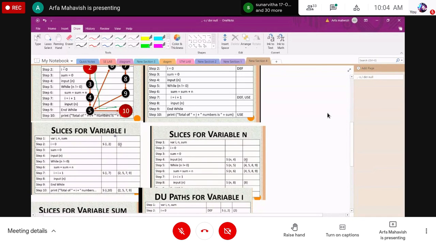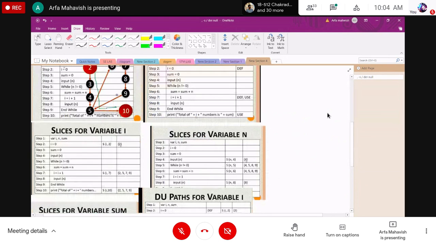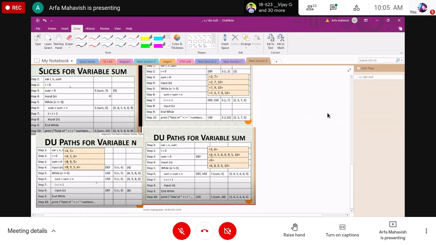Next we have the next variable, n. We define the same thing over here. Individually, for each line and the variable where we are using it, we define which statement is getting true or false. Same like this we are doing individually for your variables. So for the variable n, which statement it is calling and where we are using it, we define in this section. Next we have the same for sum.